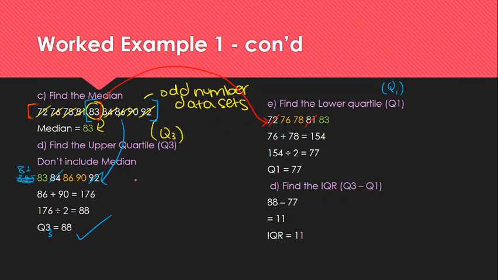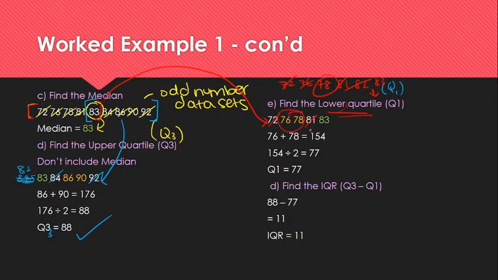Now the same thing applies here. So let's say our data set was 72, 76, 78, 81, 82, and the median was the middle number between 82 and 83. If I was going to find the lower quartile of this, I could still use 82, and 78 would be my lower quartile. But because our median is in the data set, we have to exclude it when we find Q1 and Q3. So now that we've got our 2 middle numbers from the lower quartile, which are 76 and 78,